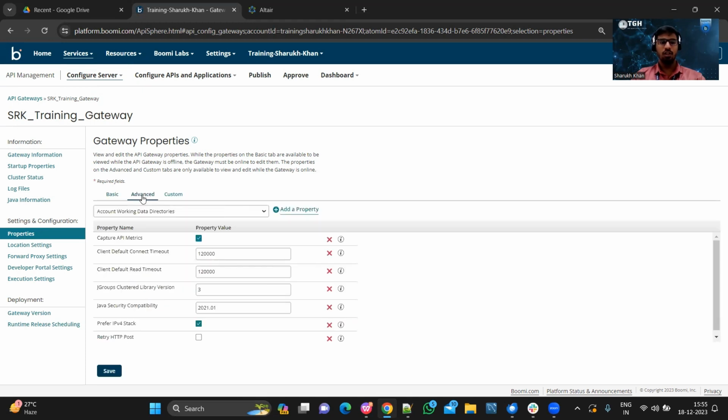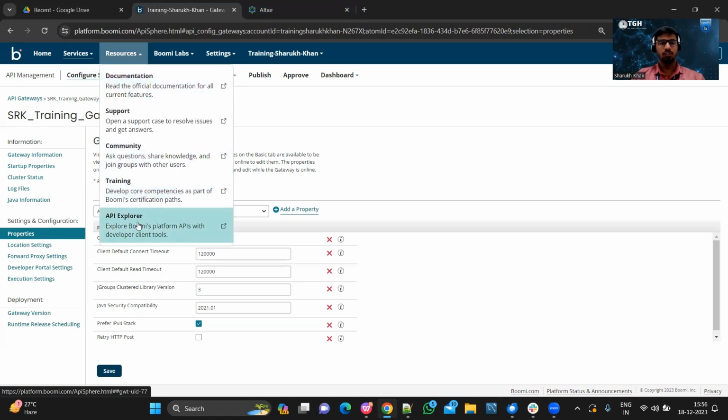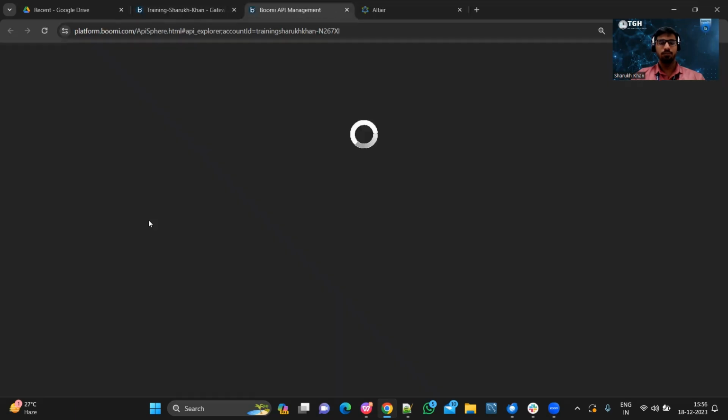So in the advanced options, we can see here capture API metrics, and this checkbox should be checked. We need to save it, and we need to restart our gateway to enable these properties. Once this is done, we need to go to the resources. In resources, we can see one more option, API Explorer. We need to click on that,